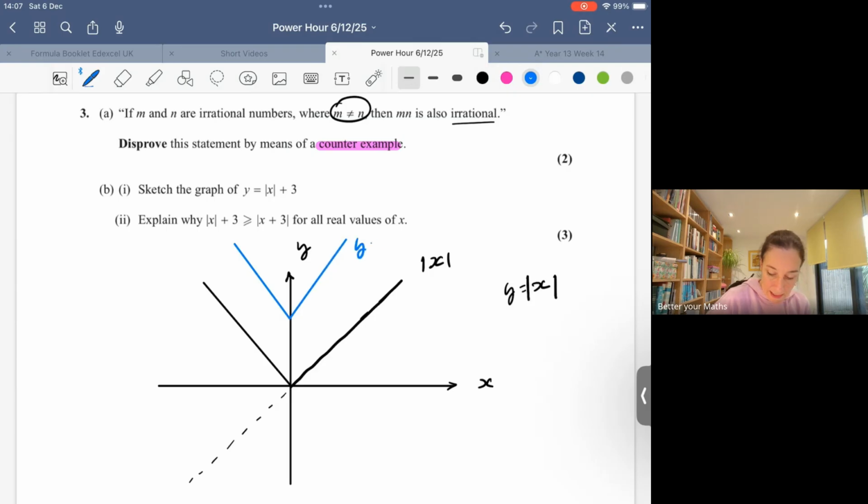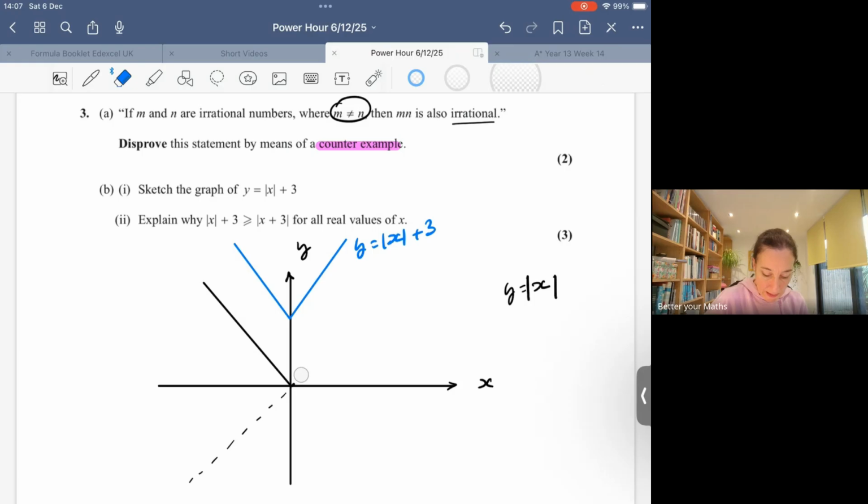So this is y equals modulus of x plus 3. I don't really need to represent the others. I just represent them to explain, but you don't have to do it in the exam, or if you do, do it in pencil so you can mark the other properly, yeah? That's the first part. Then explain why x plus 3, so this function, is greater than or equal to the absolute value